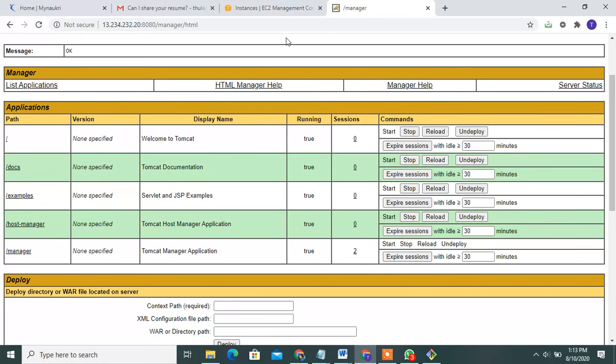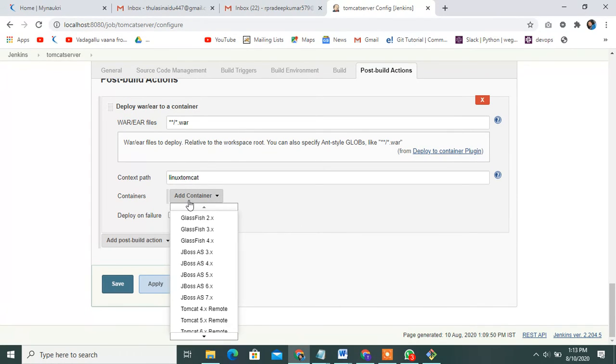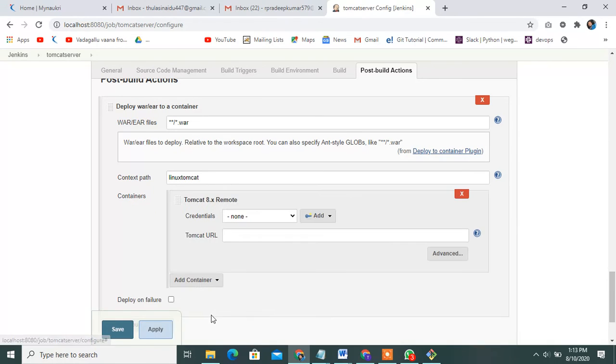And then go to my Jenkins server and add the container. Add this Tomcat, my version name is mentioned here. Then add the Tomcat credentials also, deployer.